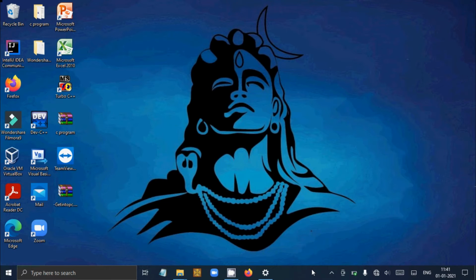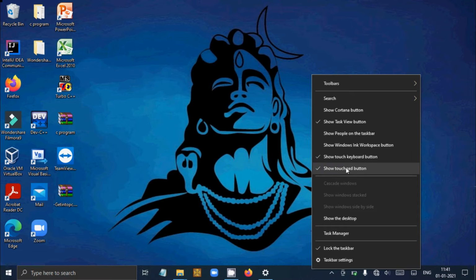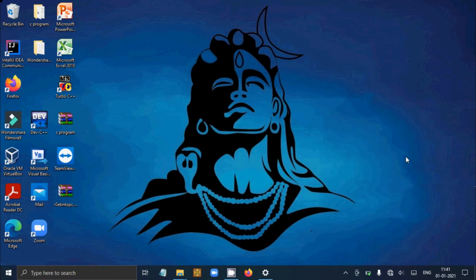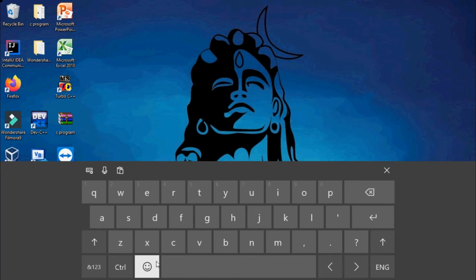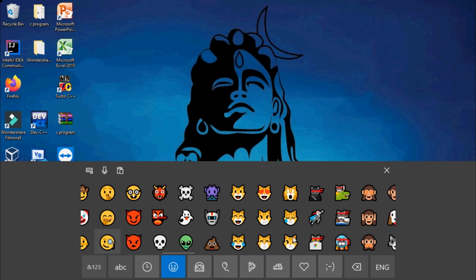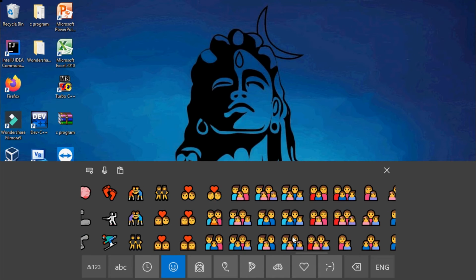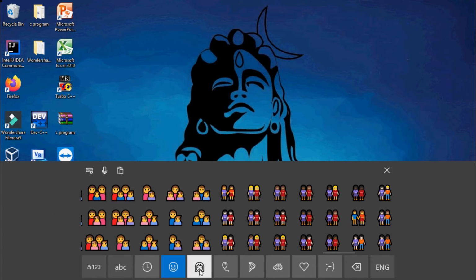First, right click and go to the keyboard button. Select the keyboard button, and after selecting it, here you can see the keyboard. Here there are some emojis which you can use a lot.